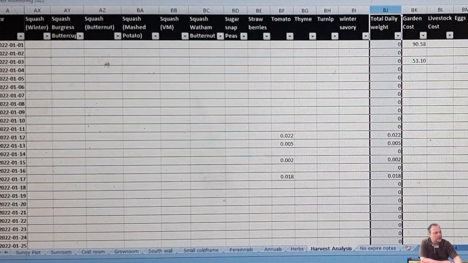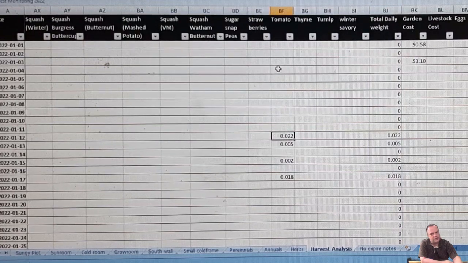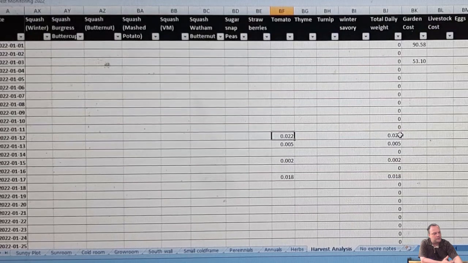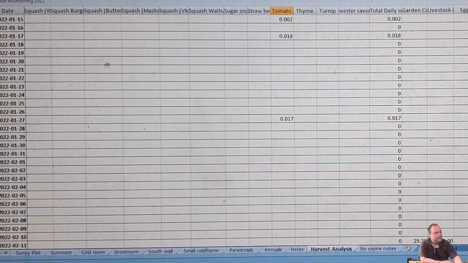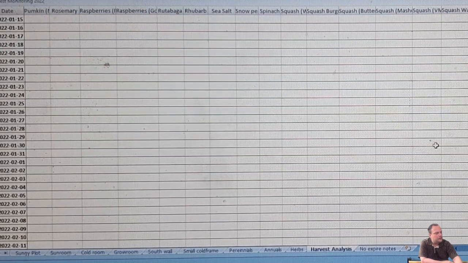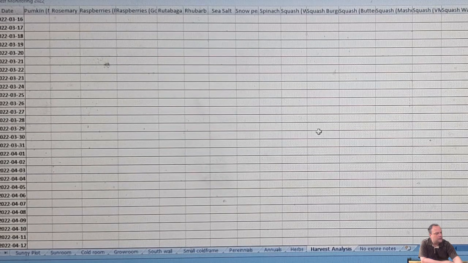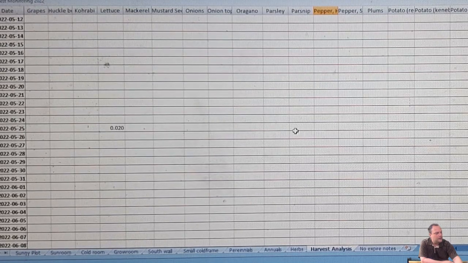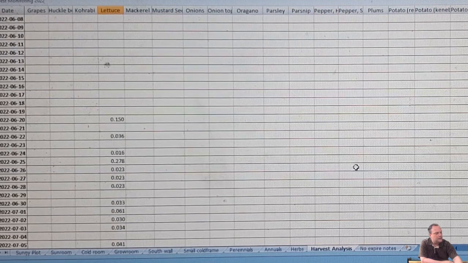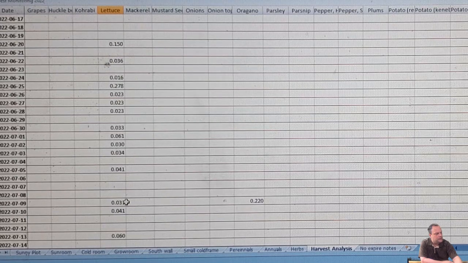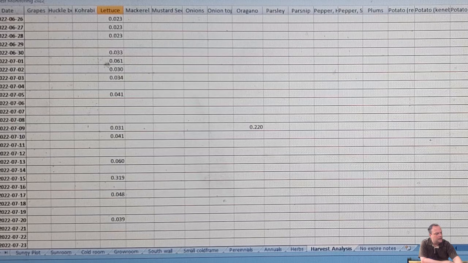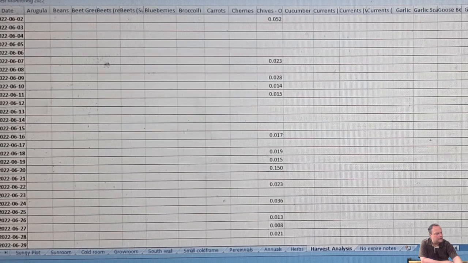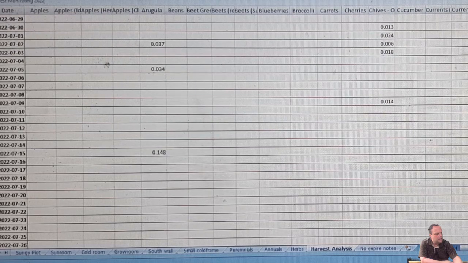The total daily weight. So here, it's just early, that's the tomatoes I'm growing inside. So it's 0.022 kilograms for total daily weight. Let's put that total daily weight over close to the edge there so I can scroll down. You can see I got one small pepper there. Here we are in May. Got some lettuce. And now we're getting a bunch of lettuce in June and early July. See, I got chives I was harvesting there. On each day,